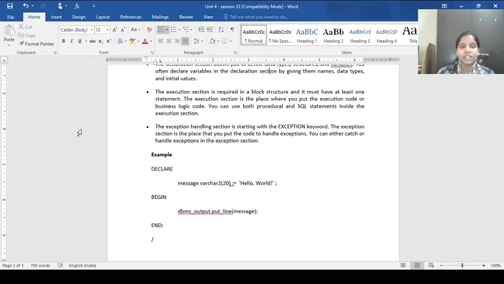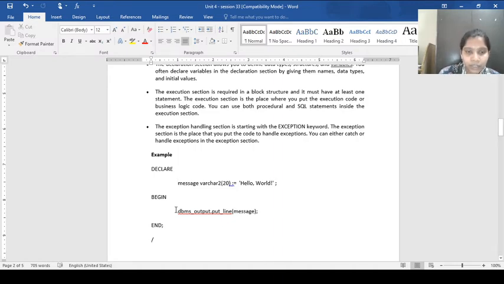So according to the syntax, we can see one example for the PLSQL program. Here I have a declare section because I have one string variable, that is message, that has the value hello world. The begin section is a compulsory section and it should always contain at least one statement in it.